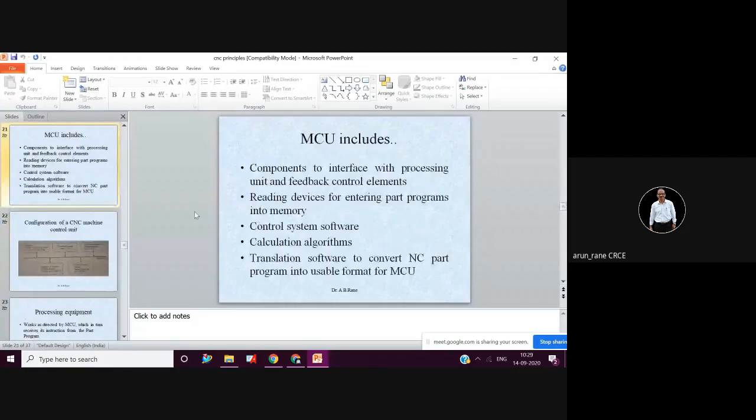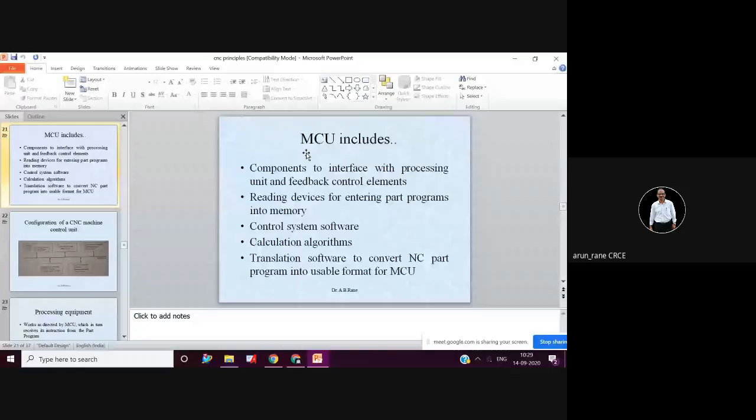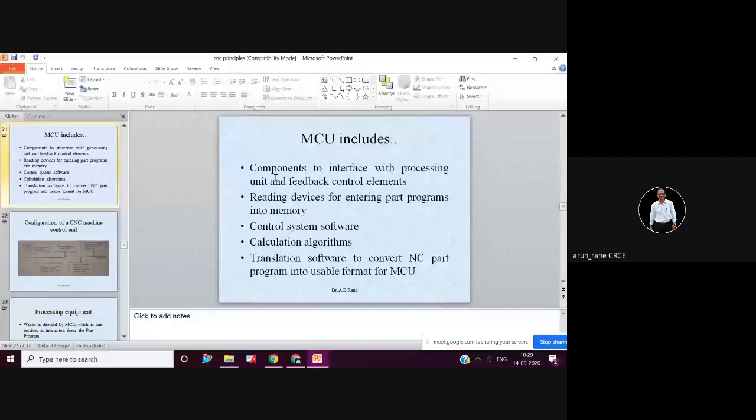It also includes additional software like control system software, which is generally used for feedback. It also includes the calculation algorithms. It also includes your interpolation software and so on.